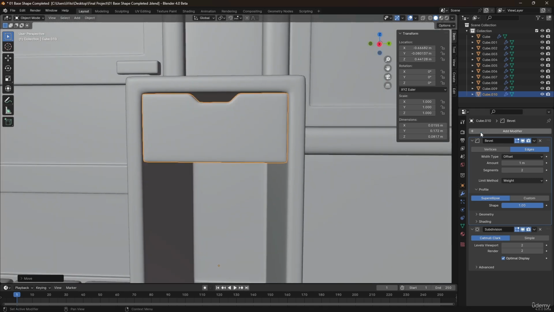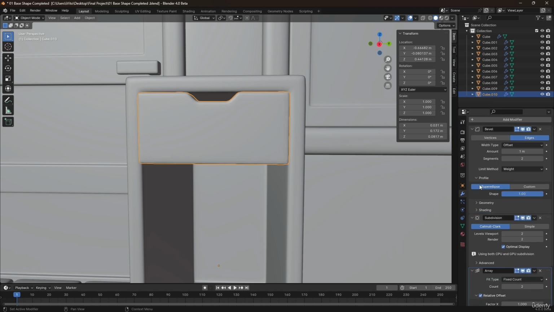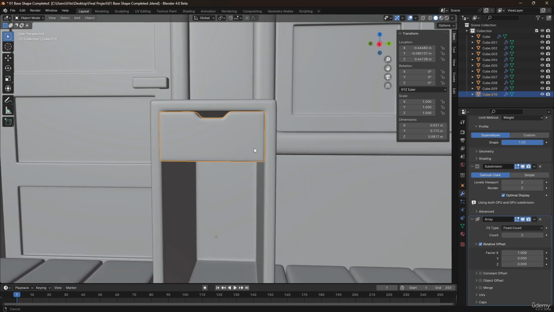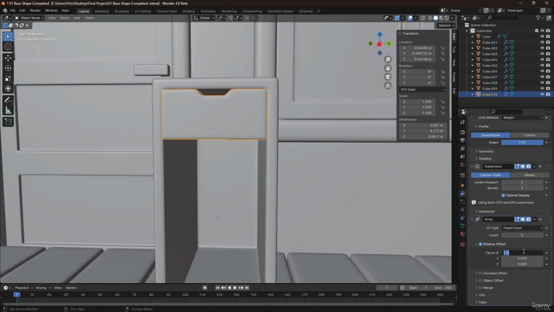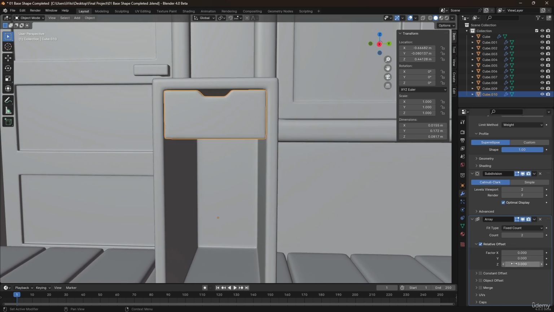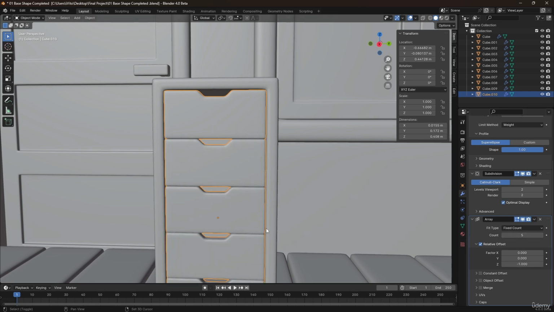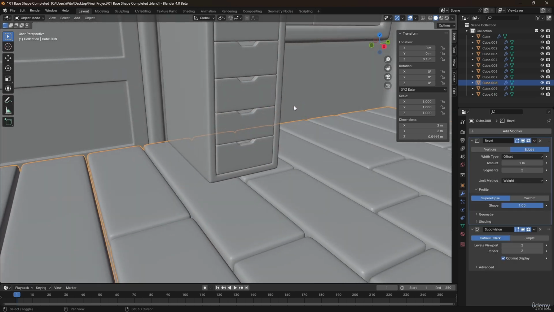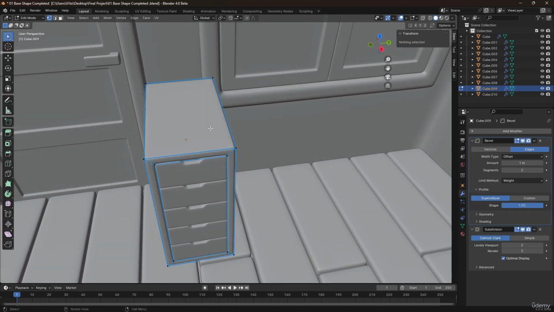And then we're going to add a modifier. Under generate, we're going to add array modifier, scroll down, and then by default it's adding new objects on the x-axis. We're going to set that to 0. And we're going to enable this onto -1 for the z-axis, so that is adding towards the bottom. And then we can just increase the number of copies, and just like that we have this drawer completed. And now we can tap into edit mode for the drawer, copy this top face, and then